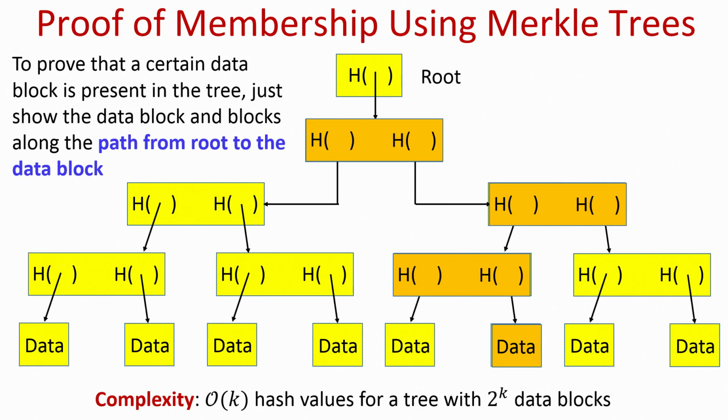Just to summarize, in this lecture we had seen some of the applications of hash functions. We had seen how the hash of a file, or a hash of an entity, can serve as its unique identifier, assuming finding collisions is difficult, and this concept has tremendous applications. A major application is in the context of hash pointers, where we can replace all the data structures based on standard pointers by hash pointers, and we had seen how blockchains can be used as a tamper-evident log based on this principle. We had also seen Merkle trees and how Merkle trees help us with the efficient proof of membership. Thank you.